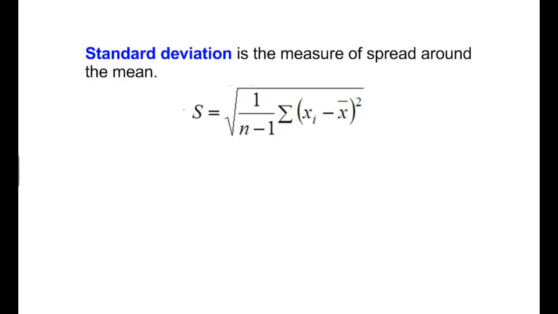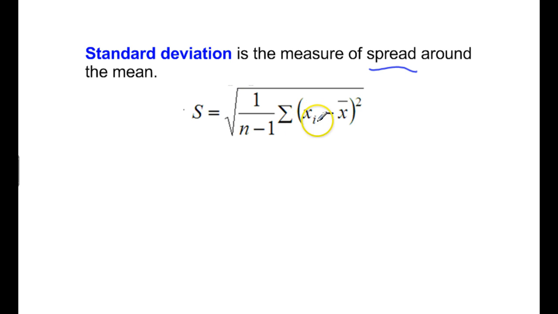Standard deviation is a pretty complicated formula. It's a measure of spread, how spread out the data is. You can see how important that was in the weather example. They have almost the same median, but wow, way different weather because the spread is way different. And so this is a measure of how spread out the data is.